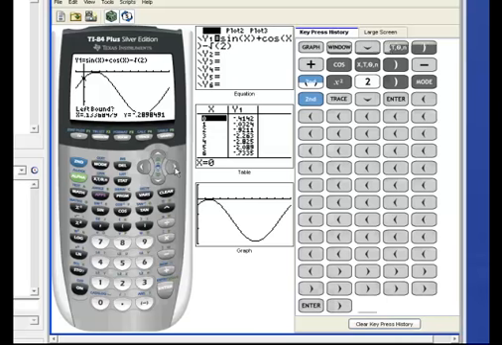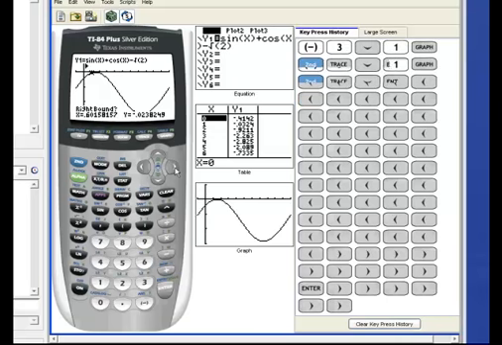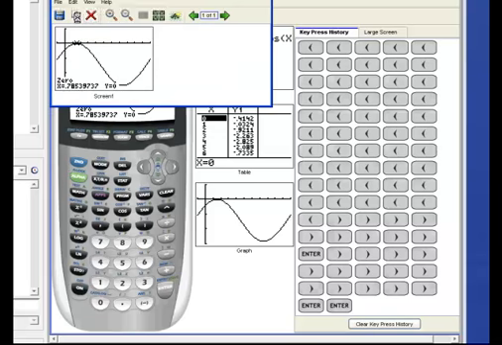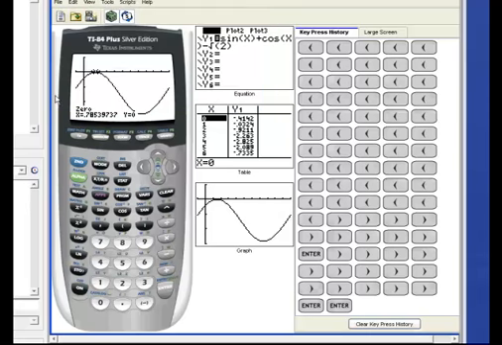There's a left bound, and there's the right bound guess. 0.78, which is pi over 4. Okay, take a screenshot, copy that, and go to